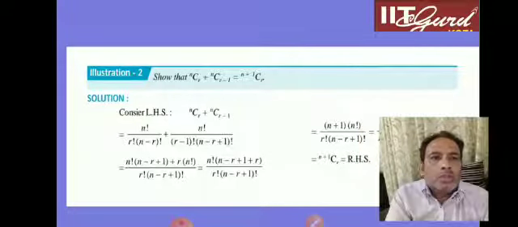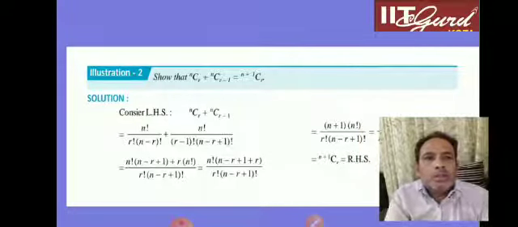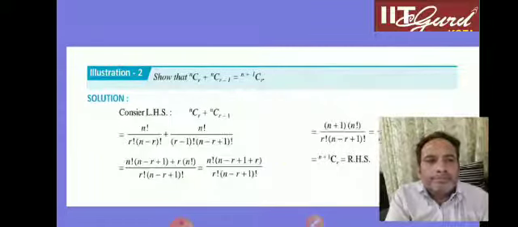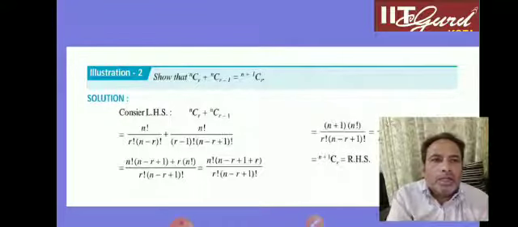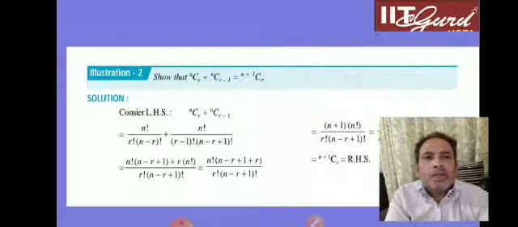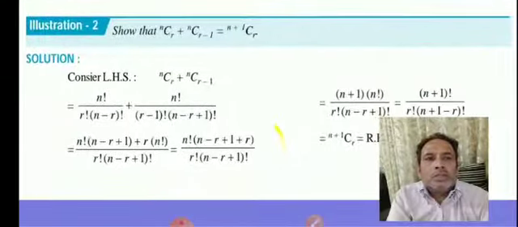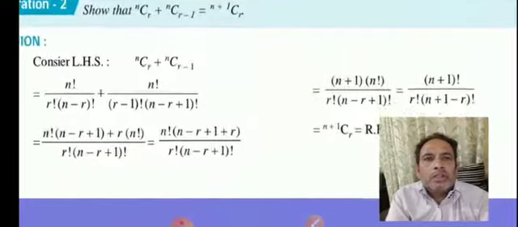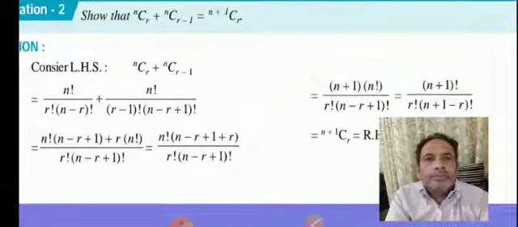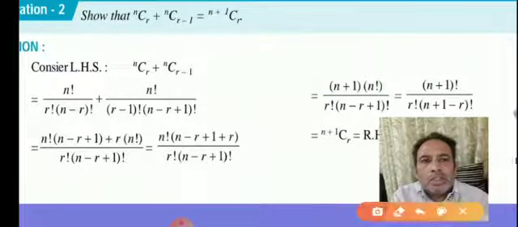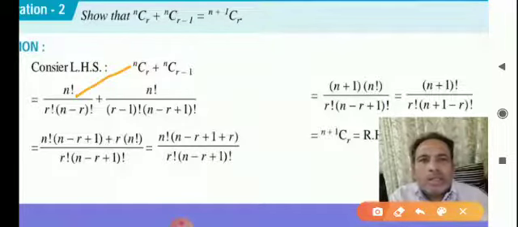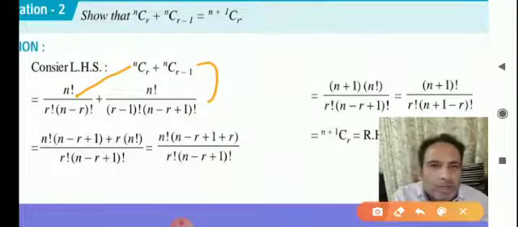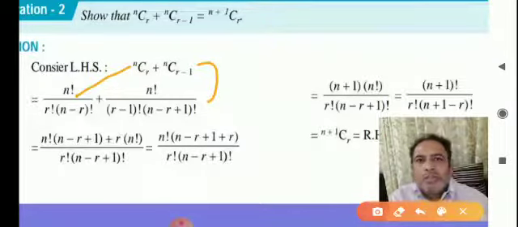Okay. So you can check this. No need to explain. Open this nCr, take out common factorial n, you will get (n plus 1)Cr. Okay. This is the result. The solution is there. Clear? As you know, nCr, you have to open as factorial n upon factorial r, factorial n minus r. nC(r minus 1) you can open as factorial n upon factorial r minus 1, because for r you can replace r minus 1 here.